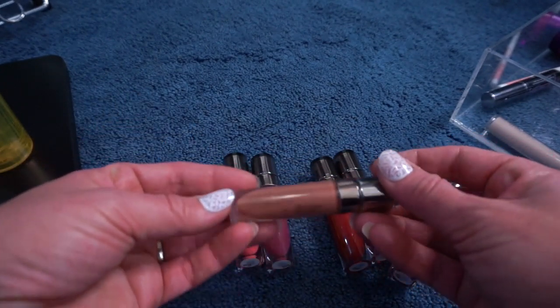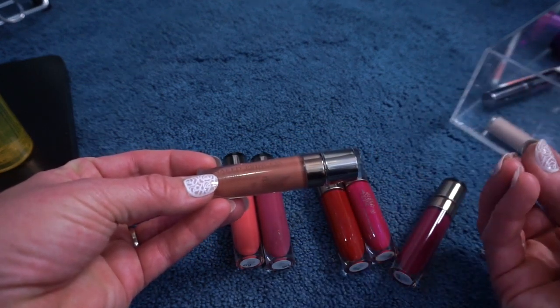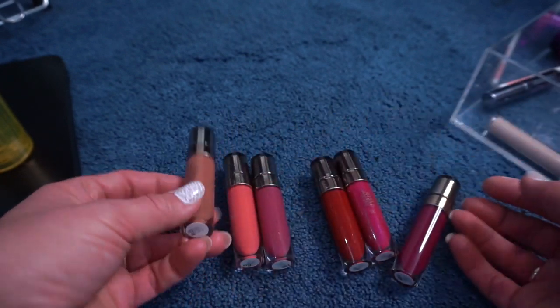They smell really good. They have like a light vanilla scent to them. They look really nice on the lips. They have a little bit of pigmentation, but not an overly large amount of pigmentation. They just look really beautiful. They're not sticky. It's a really good formulation, but I'm like, what am I supposed to do with these